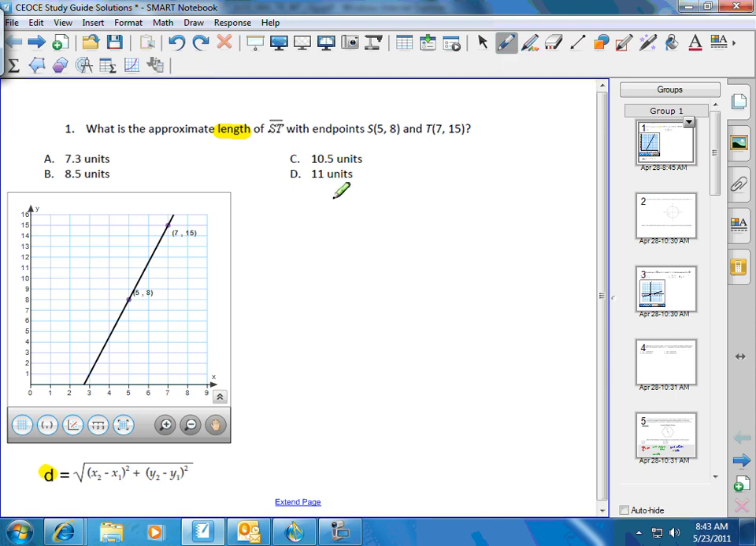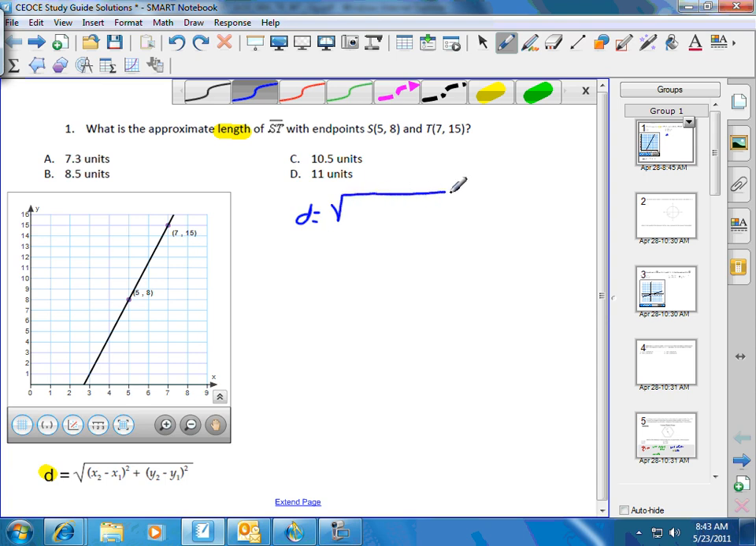So that's just a matter of plugging in our x and our y values into our formula. So we've got d is equal to the square root of the difference in the x coordinates, and I'm going to do 7 minus 5, and that's the difference squared, plus the difference in the y coordinates. I'm going to subtract in the same order. Okay, remember that's what our subscripts are for, to help us subtract in the same order. So I'm going to do 15 minus 8